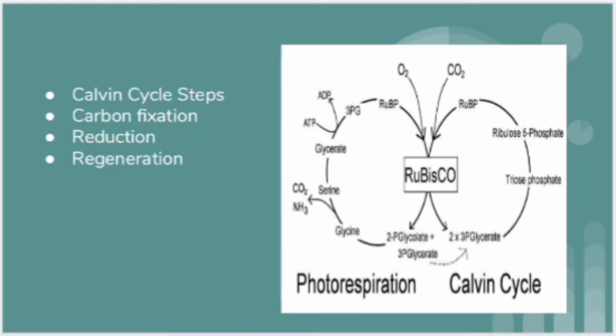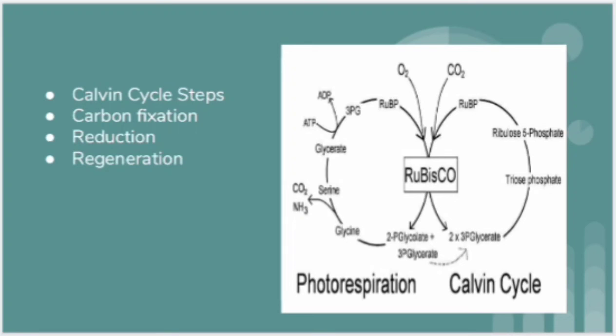Calvin cycle products. Each turn of the Calvin cycle fixes one molecule of carbon that can be used to make sugar. It takes 3 turns of the Calvin cycle to create one molecule of glyceraldehyde 3-phosphate. After 6 turns of the Calvin cycle, 2 molecules of glyceraldehyde 3-phosphate can be combined to make a glucose molecule.